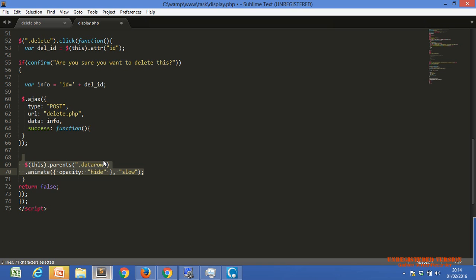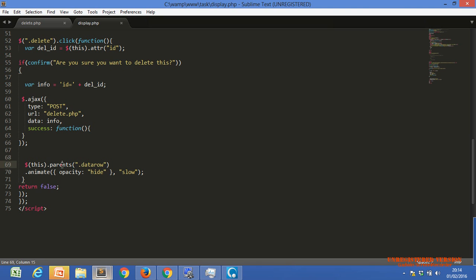Just keep in mind that for removing that particular tr, we use this line of code. So this is the Ajax. I will describe this code in tomorrow's session, and there is a task for you.